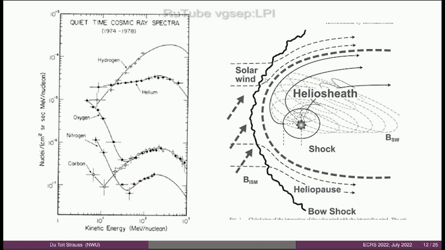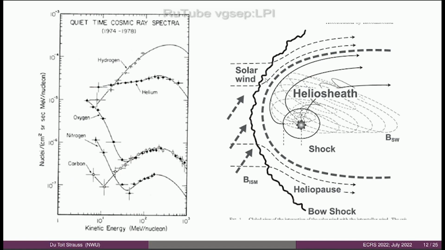And what they saw is below 100 mega electron volt per nucleon, for some of the species, you have this increase or anomalous increase at lower energies. Moreover, if you look at this anomalous increase, this second population has a different charge state. So where the galactic cosmic rays are fully ionized, these anomalous particles are usually singly ionized. So there's an anomalous charge state as well. And it took a while to figure out where these particles come from. We have a nice or good idea at the moment. It's kind of a long story.